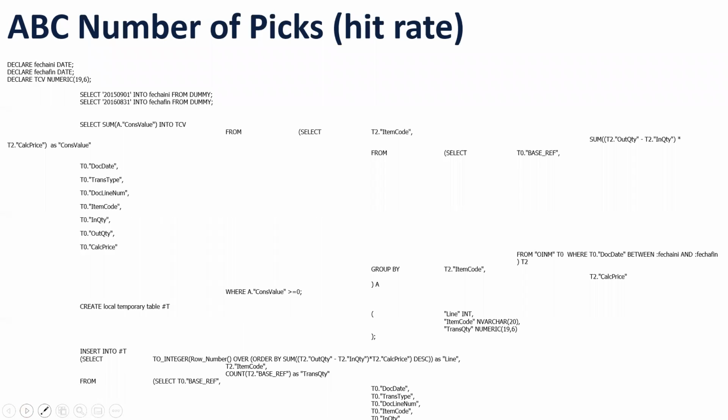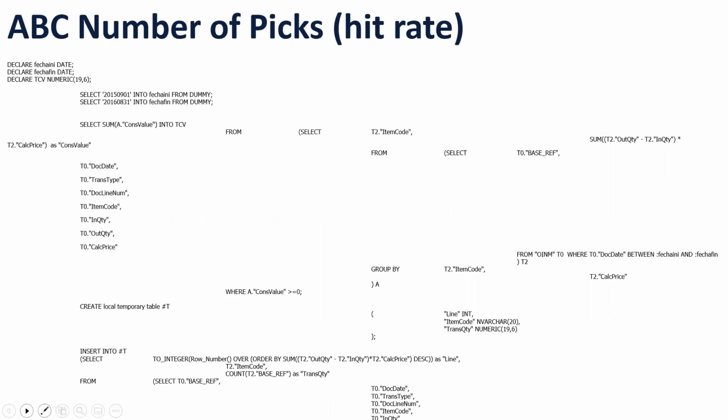If you don't have them, if you're not using them, please contact your consultant or contact me, and I'll make sure that we set up these ABC analysis reports so you can put them in practice and use them to analyze which items are super critical that you can't afford to run out of inventory, which items are obsolete that you have to sell as quickly as possible, or which items are super popular that I pick all the time, so I need to put them together at the front of the warehouse.